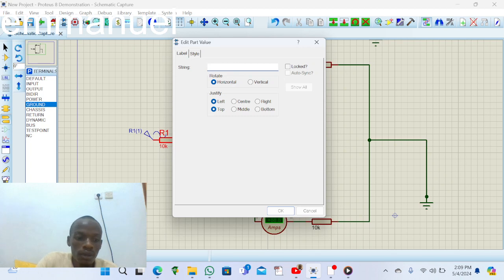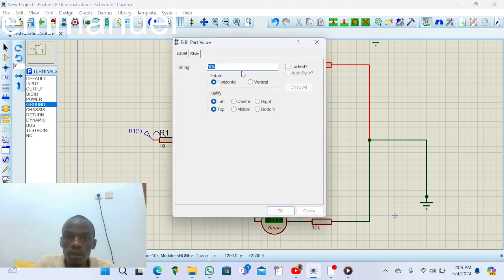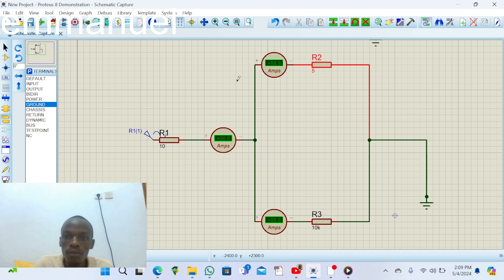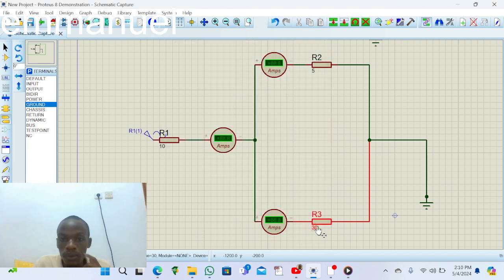We have 10 ohms, and here we have 5 ohms, and here we have 30 ohms. Now we are going to see what happens to the current, because Kirchhoff's current law says the sum